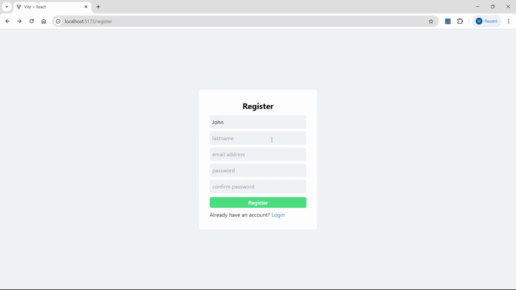First name John, last name D, and email john@gmail.com, and password john123. And now I'm changing my confirm password to john1234. So these two passwords are not the same. If I click on the register button, you can see a toast message, passwords are not matching. So I'm entering these two passwords